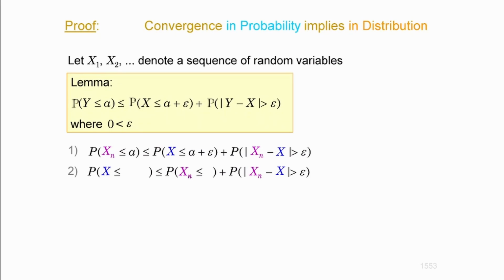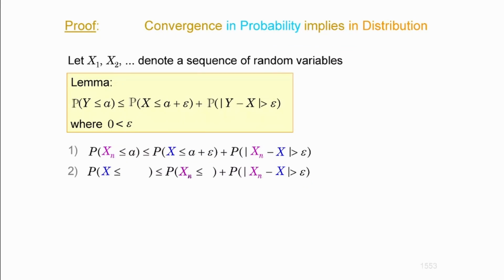That's basically how you set it up. This time, y is going to be x, and x is going to be xn, by the substitution. It works in both ways. Now, you can also write a here and a plus epsilon here, but I don't want to, because all that matters is the distance between the two. And the distance between the two is, let's say, epsilon. So that is a plus epsilon minus a. That's the only thing that matters.